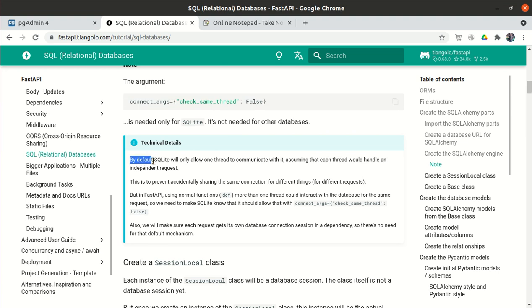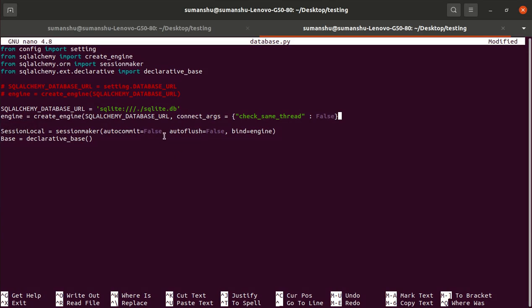Why? By default SQLite will only allow one thread to communicate with it, assuming that each thread will be run as an independent thread. But in FastAPI more than one thread could interact with the database, so we are basically overriding the default behavior of SQLite.